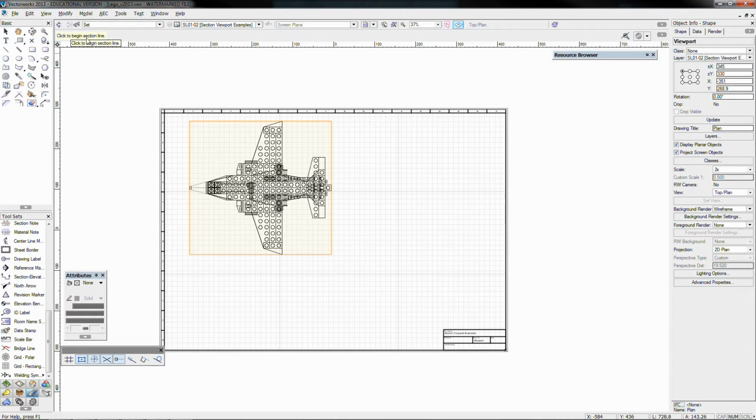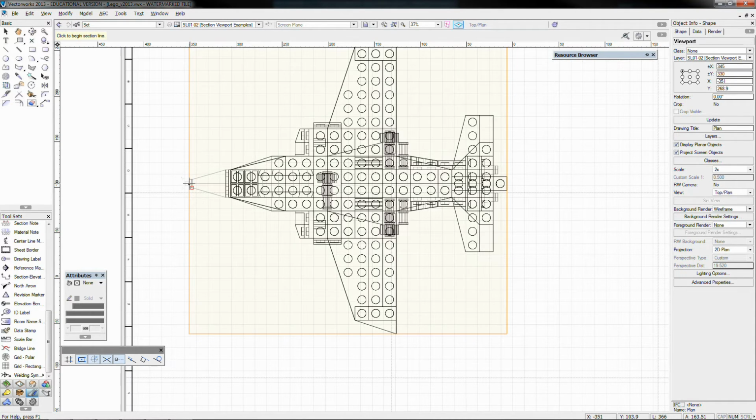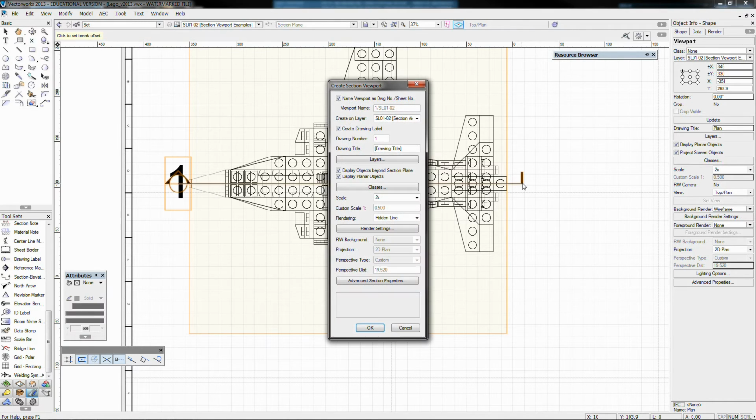Now it says up here in the top left hand corner, click to begin section line, and I simply want to start this somewhere at the front of my drawing, and drag this line all the way across here and left click again. Now you can see it's asking me which side with this arrow would I like to take. I probably want to look this way, so that's the direction that we're going to look from this line back towards the object, and with a double left click there, you'll see we get this dialog box up, Create Section